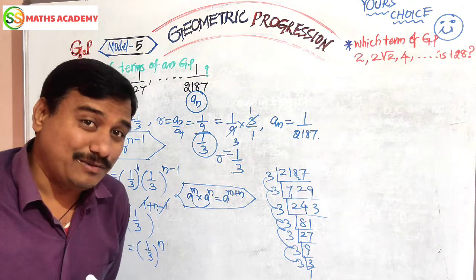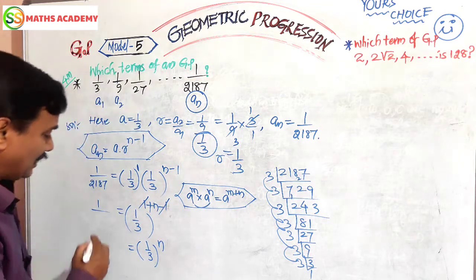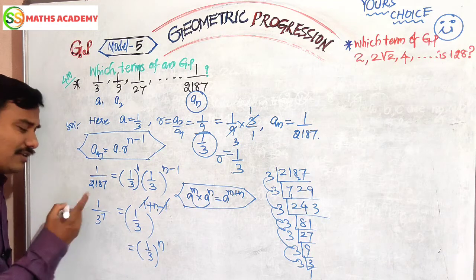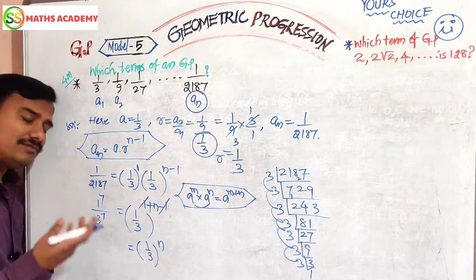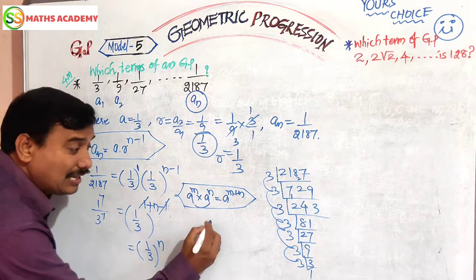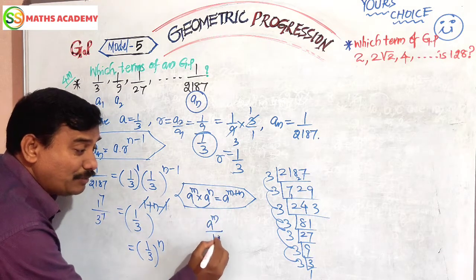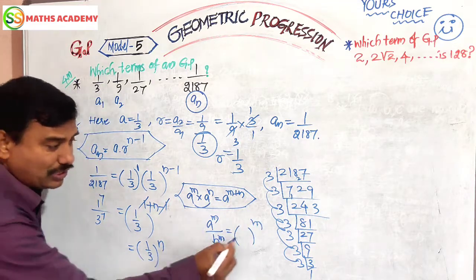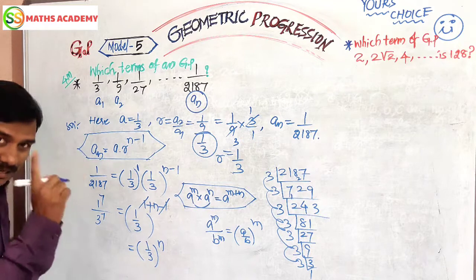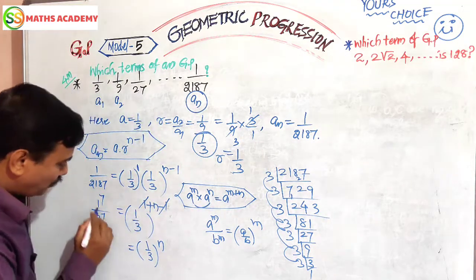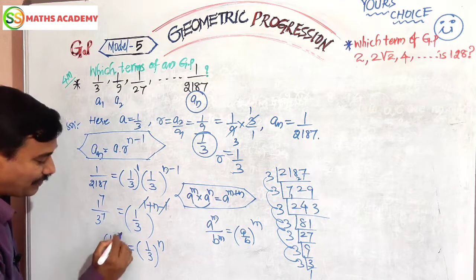How many 3s will be there, my dear friends? Seven 3s. You can write 3 power of 7. Here 1 does not have any power, so I have to apply 7, because 1 to the power of anything is 1 only. That is the reason. We use the rule a power m by b power m: when the powers are common, take the power as common and write the two terms in a bracket. In the same way, I should apply power 7 for 1. So it is 1 by 3 whole to the power of 7.